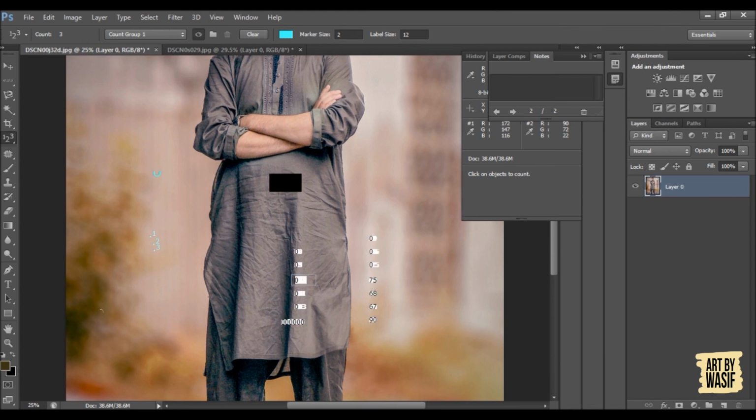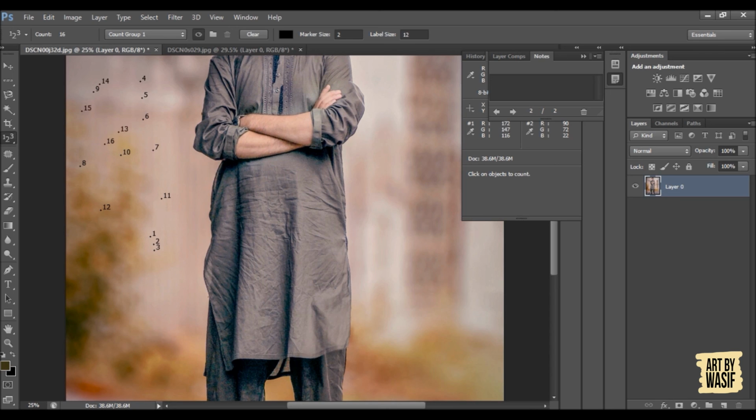You can change its color from here. 1 4 5 6 7. Wherever you click, it will give you a serial number, 9 10 11 12 13 14 15 16, etc.